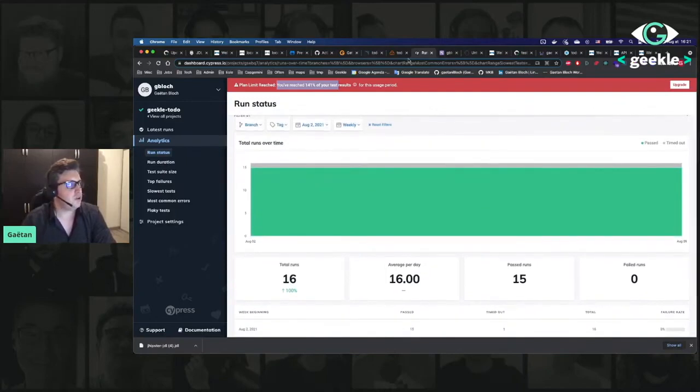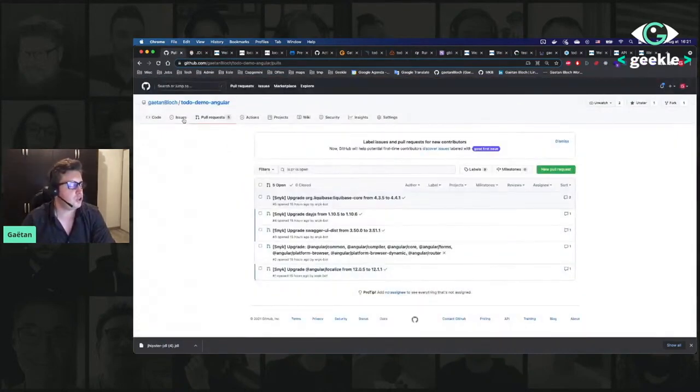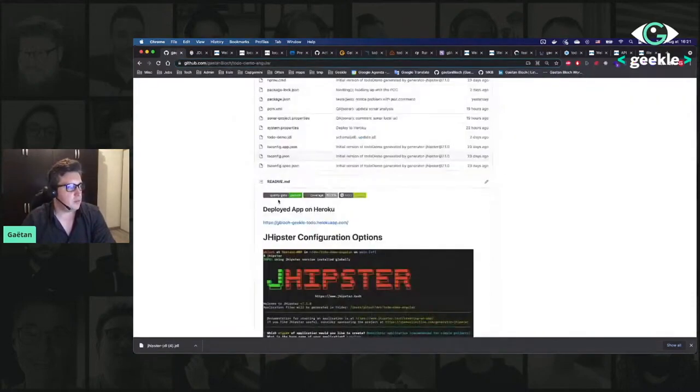But with that, you have continuous integration and continuous deployment on Heroku every time you do a pull request or every time you do a new push on the main branch with GitHub Actions. And so you have a full-fledged deployed application with tests, with quality, with everything. So you can see now my quality gate is passed, my coverage is 82%, my Cypress tests are passed, and then on